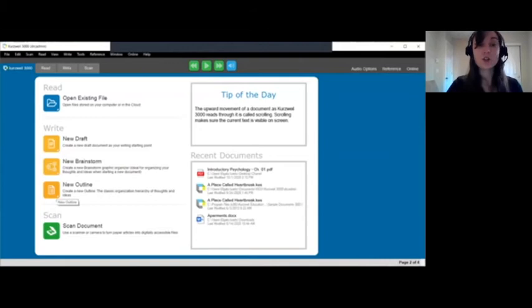So I'll show you the Brainstorm feature, which a brainstorm is just a mind map. And a mind map is a visual way to organize your ideas. It's easier to show you than explain it, so I'll go ahead and bring that up here. There are templates that you can open. So there are compare and contrast templates as well as expository writing templates. You can look at those if you're interested. I'll go ahead and open up a new blank brainstorm.